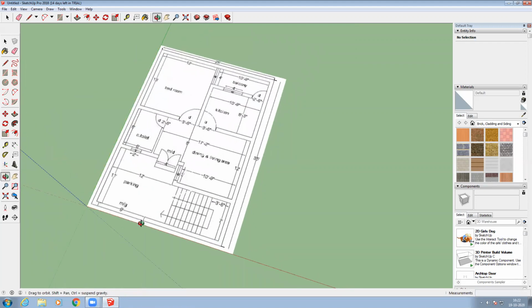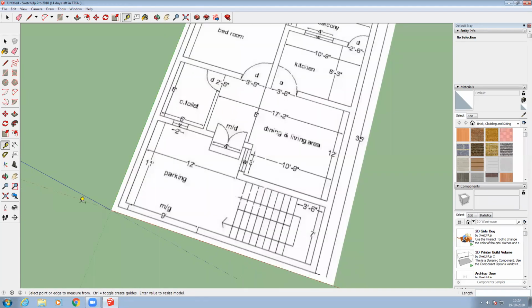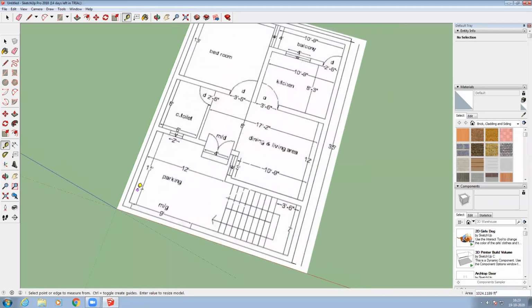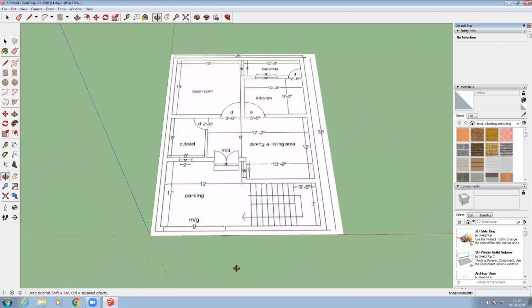So whatever diagram you are going to create, or maybe from the CAD you had already converted it into an image, right, while printing, or maybe for some other reason, and whatever drawing you had done in the CAD is not available, then you can also work on that figure, that image, whatever you are having. On that also you can work out, right? So here the figure is there, right? That image is there. Now what I have to do, I have to create a wall, right?